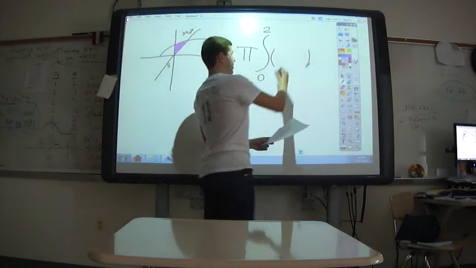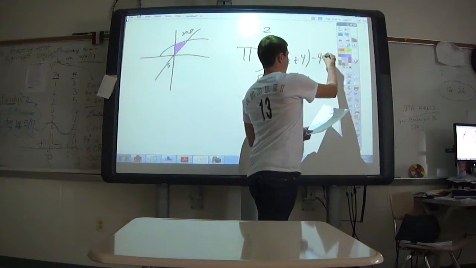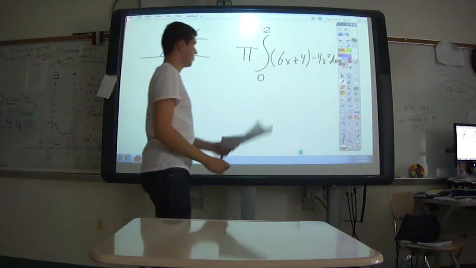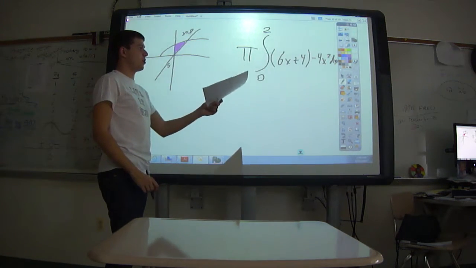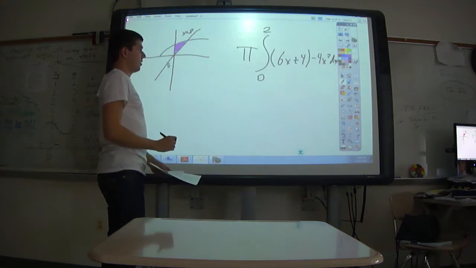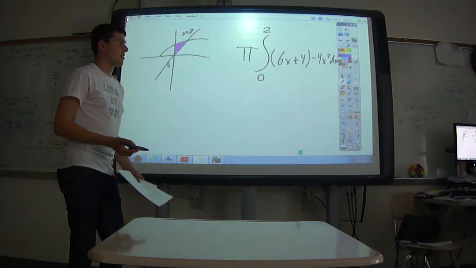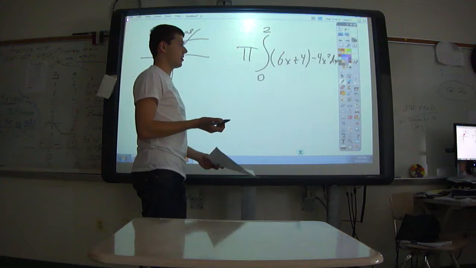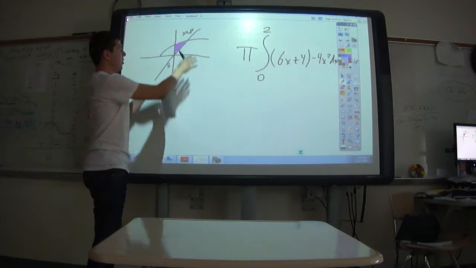And what it's going to look like is this. So pi times the integral from 0 to 2 of 6x plus 4 minus 4x squared. Now what should be happening is it should be the top radius squared minus the bottom radius squared. The way this works is that when you're revolving, you're going to be revolving this whole thing